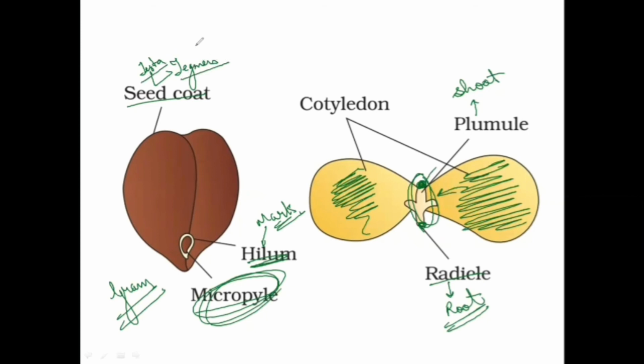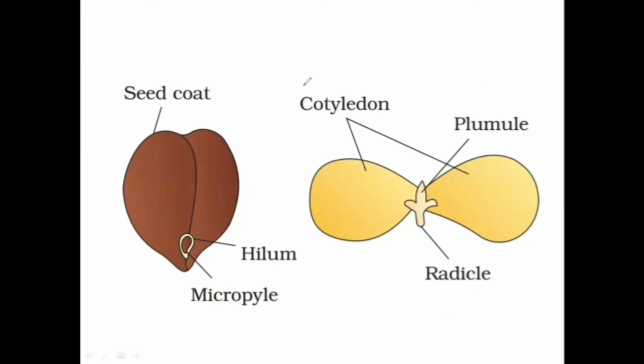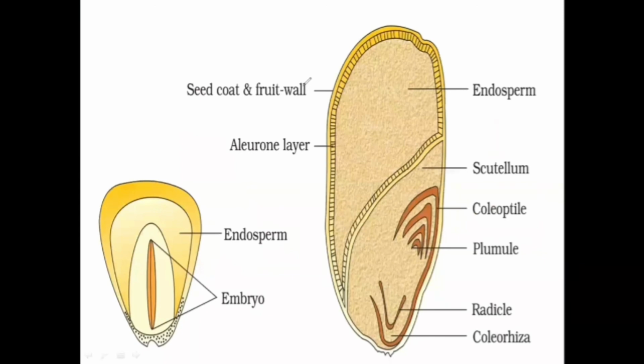This is all about the dicot seeds and now we have got the monocot seeds, this one. So here in the case of monocots, this is actually the embryonal axis, where the plumule is present, and because the monocots have got just one cotyledon, they have given some extra things like the covering of the plumule, that is known as coleoptile. This is the radicle, and this is the covering of the radicle, that is known as coleorhiza.